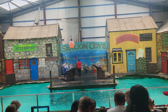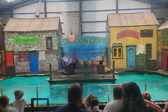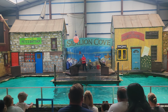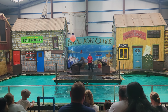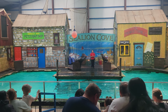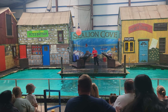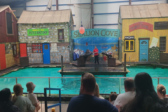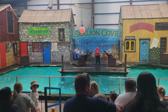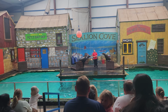So unfortunately, that nearly brings us to the end, but please stay where you are. I can't let you go until I've said the final little bit of health and safety. Firstly, these two are going to be heading straight outside now, so if you would like to see them, they'll be in the outdoor group by the exit doors. When you're leaving that seating area, remember what I said, please don't climb down those benches. They're deeper than they look. Please take your time and use those stairs. And finally, if you have any questions, come and ask me. In just a minute, I'll do my best to answer. But in the meantime, for our cheeky